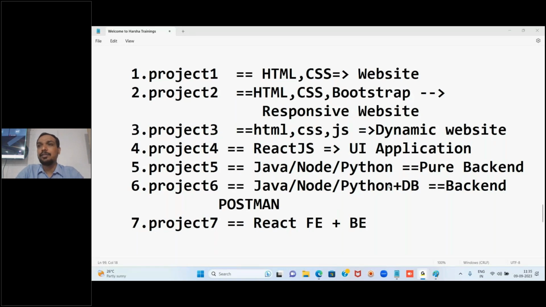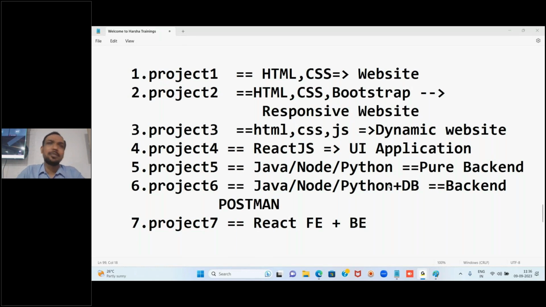One of the backends of your choice. Here we are providing three backends: Java, Python, and Node. Java full stack is Java full stack. If you go with Python, it means Python full stack. Go with Node, it means Node full stack, or we call it MEAN stack. And whoever wants to learn only front end React, those people also can opt. I'm generally telling who wants to learn only front end, not for you. Some backend people will already be there who want to learn front end.